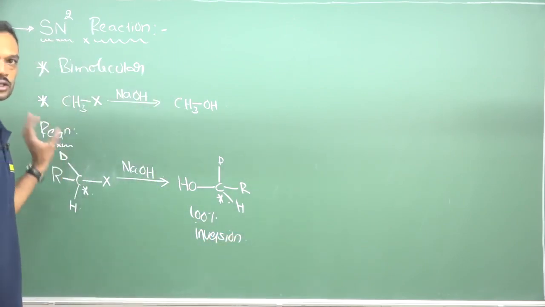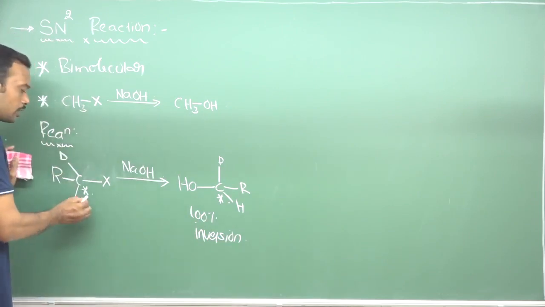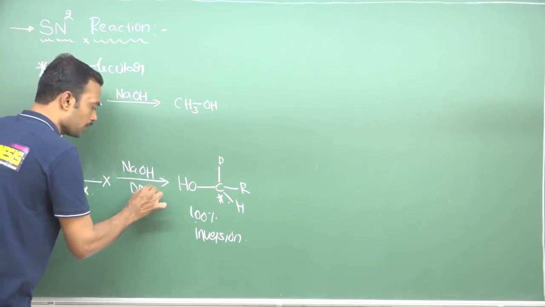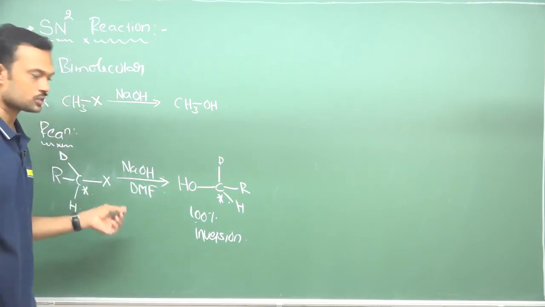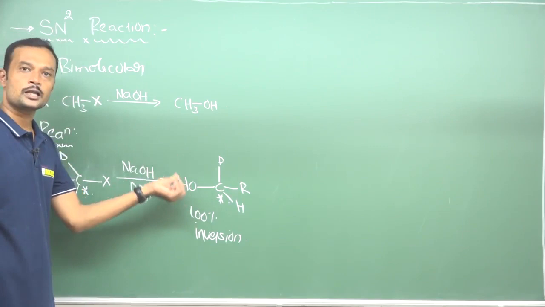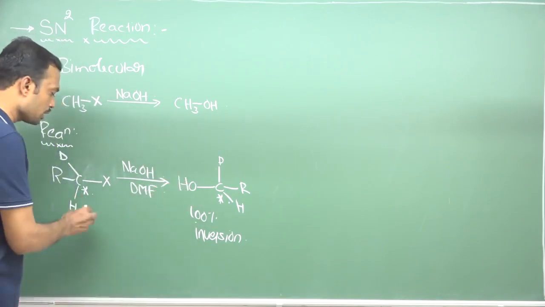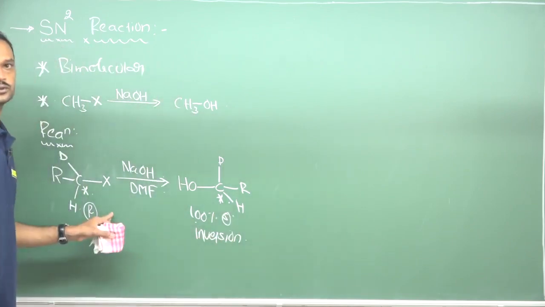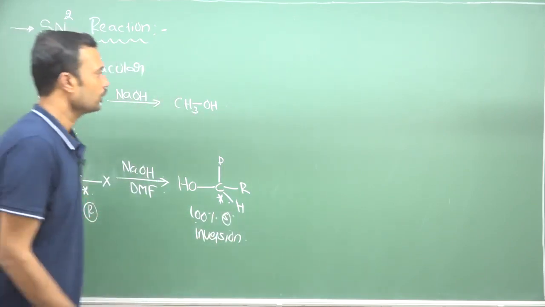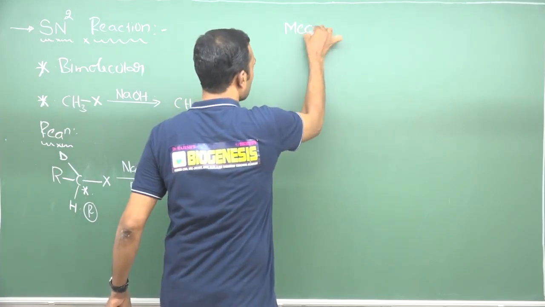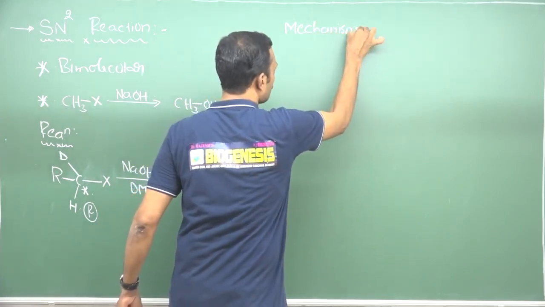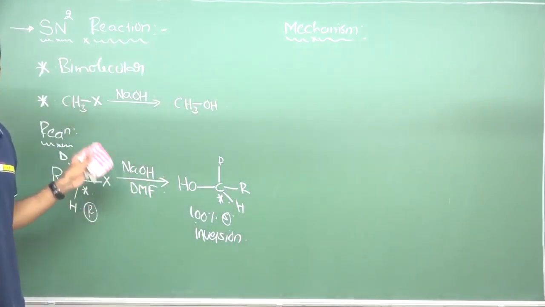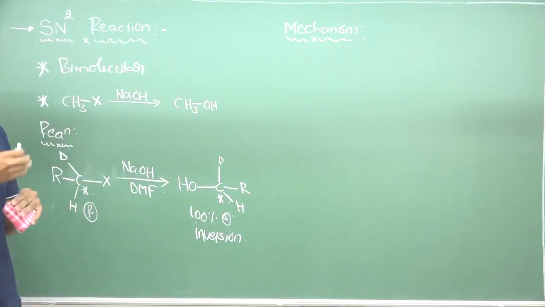So, in SN2 reaction, when a primary or secondary alkyl halide reacts with sodium hydroxide in the presence of dimethyl formamide or DMSO, dimethyl sulfoxide, that will give a 100% inversion product. It means, suppose if it is an R configuration, here you will expect an S configuration. So, that is actually an SN2 reaction. And if you know the mechanism involved in this reaction, definitely you can understand what SN2 explains and what will be the competition with SN1.